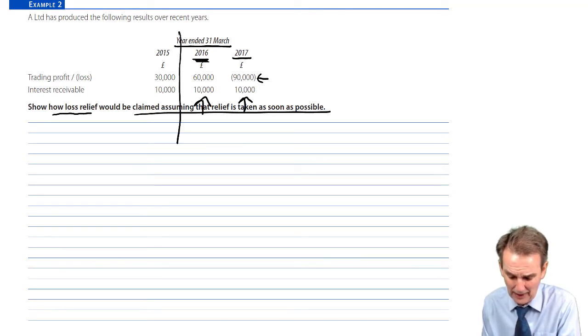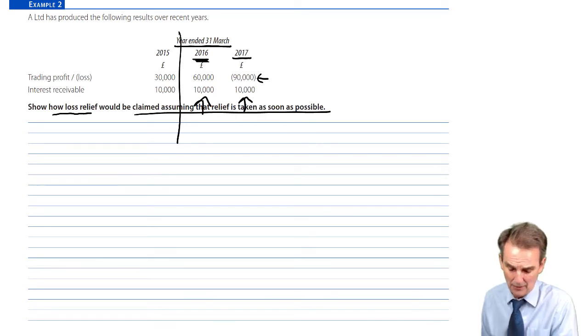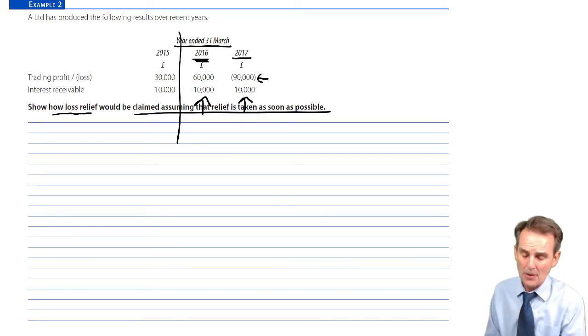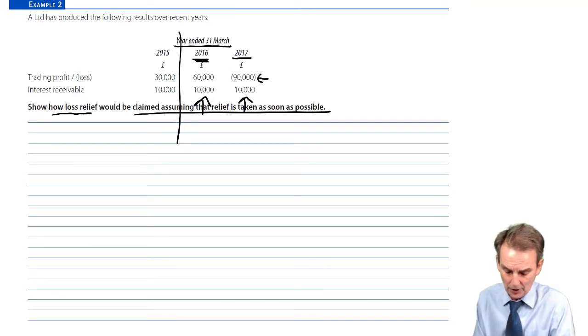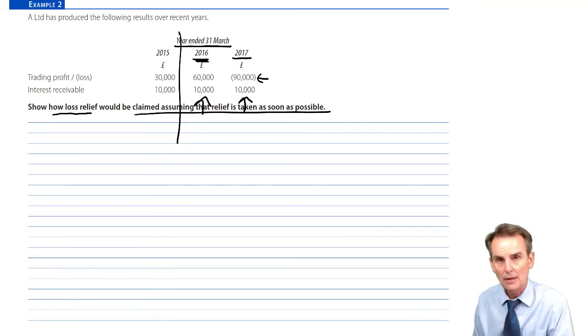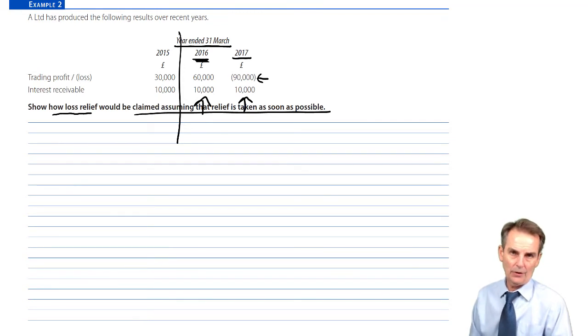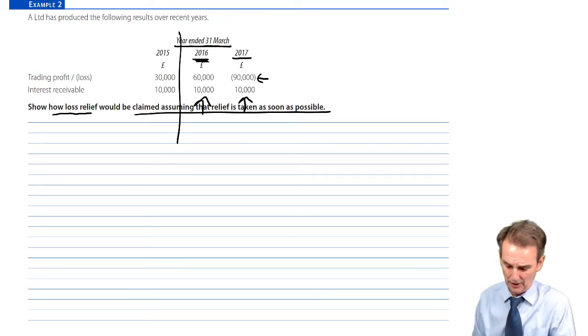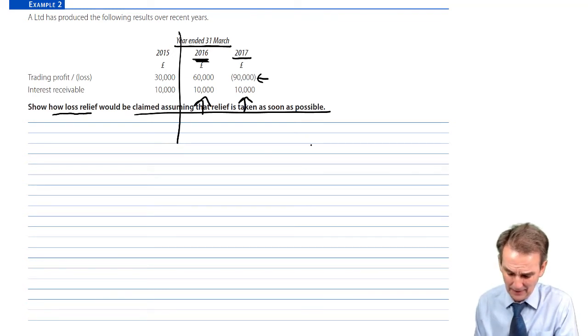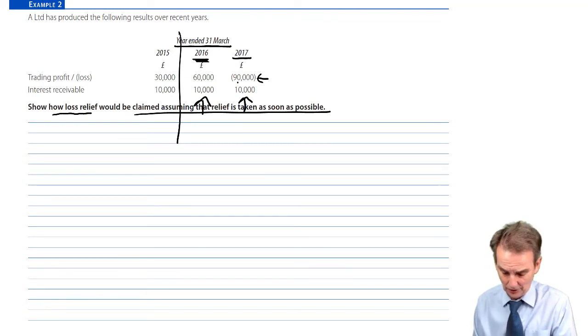So anything before that, like the 2015 period here, can't be touched. You can't change those earlier profit figures. So we've got current and carryback claims. If there were any loss left over after that, then it's carried forward against the future trading profits of the same trade. So what have we got here? Let's just show what we need to show, what's going to be affected by the loss.